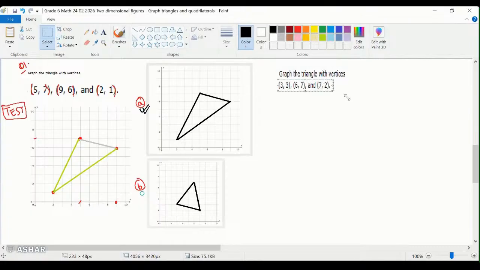If these 3 vertices were given to us for question number 2, and the options given to us are, let's pick up the options. If these 2 options were given to us,